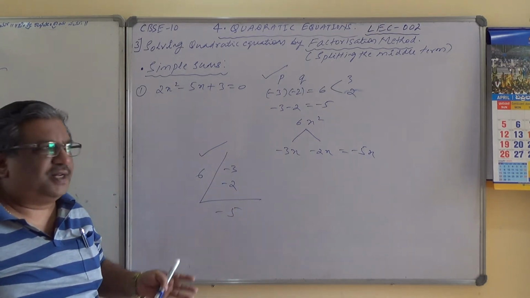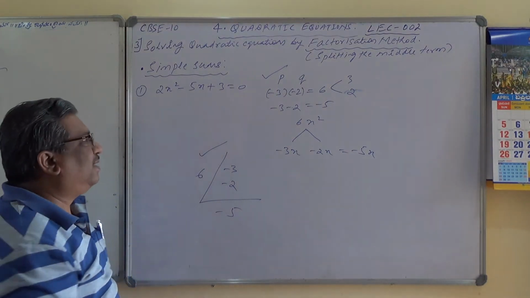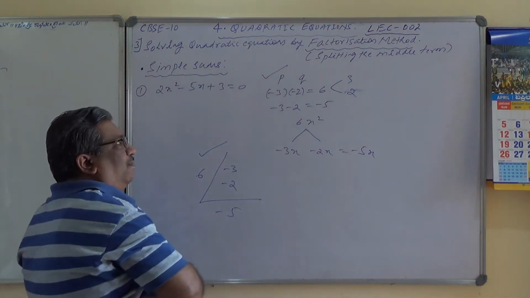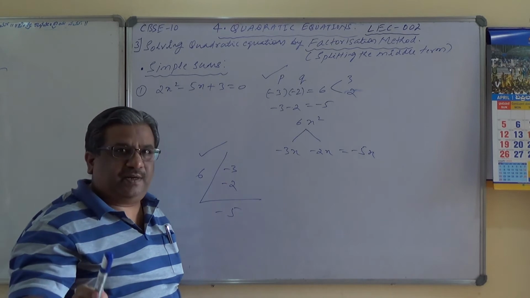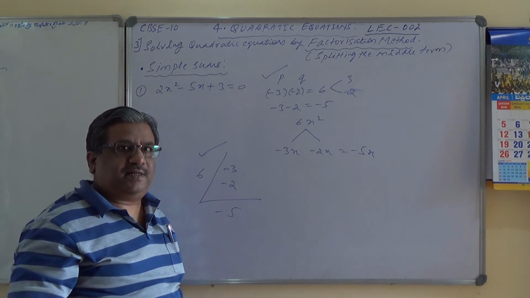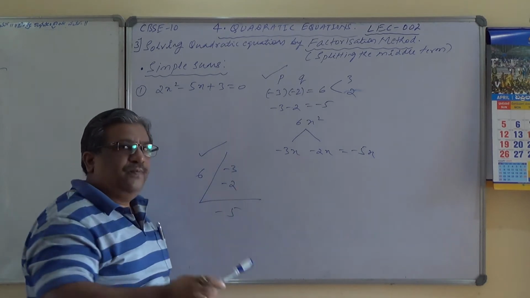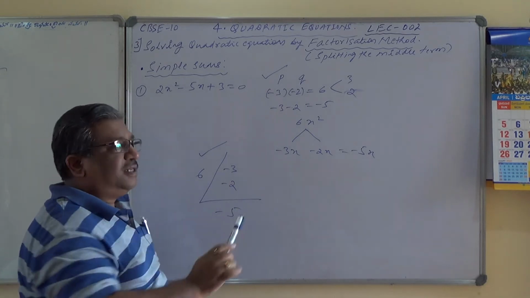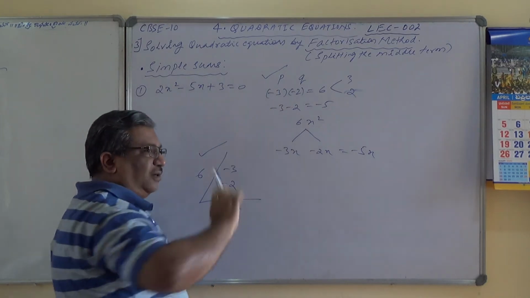Let us not discuss much on this. We have a great lot of numericals which are much more complicated. Let us discuss the numericals rather than this simple one. But please remember, these factors which I am talking about, p and q, two numbers, these two numbers are unique. If you do not confirm these two numbers, then it is not possible to get the correct answers. It is not that one student will have minus 3 and minus 2 and another student will have 3 and 2. Impossible. These are unique, and therefore the entire answer lies upon the correct factorization of ac and getting the middle term, that is b basically.